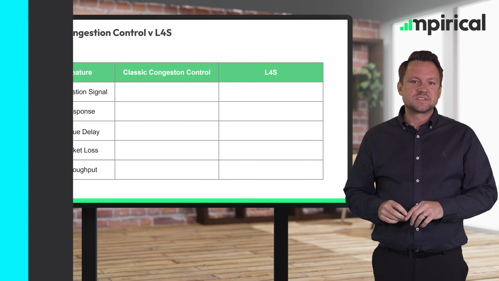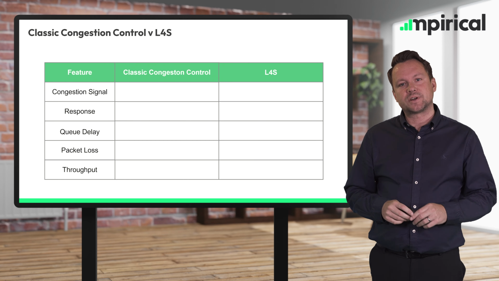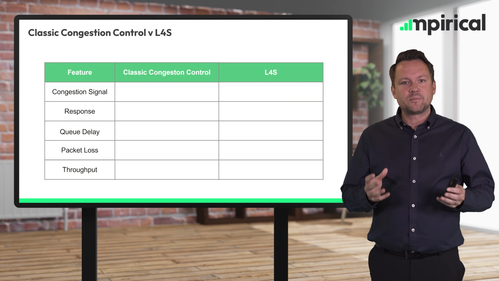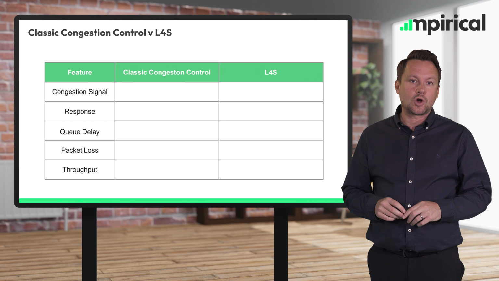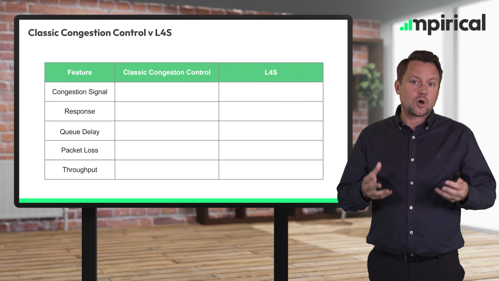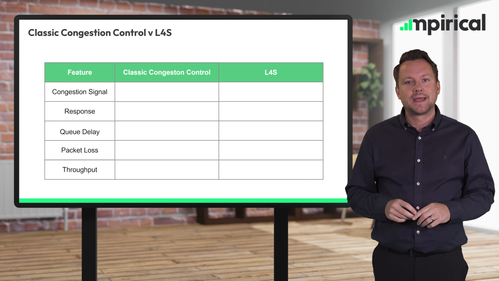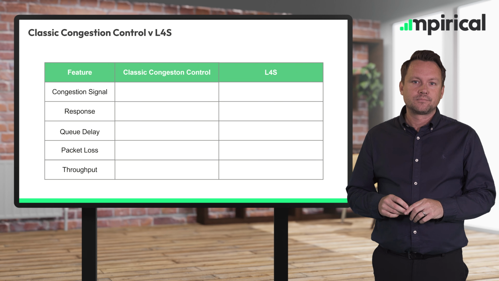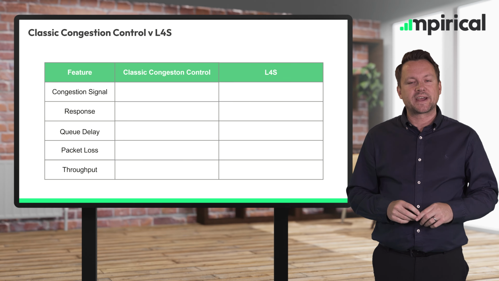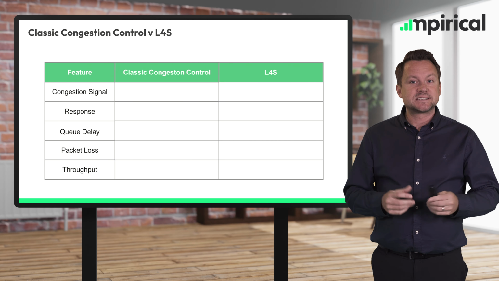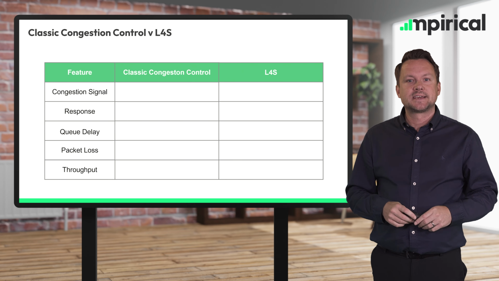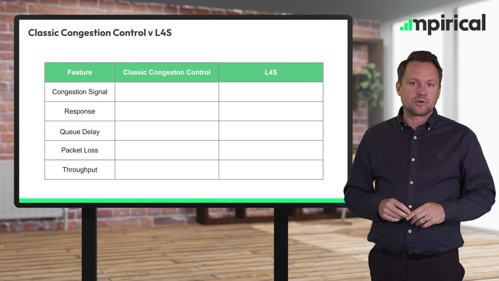Congestion control mechanisms in networks seek to regulate data transmission and ensure that bandwidth is being used efficiently. Now, we've mentioned already that one of the problems that L4S solves is the problem of queuing packets within buffers and also how we can deal with congestion in the most efficient way. Now, if we consider traditional or more classic congestion control mechanisms that we see, so things such as TCP Reno, for example, the way that they work in a general sense is that they rely on packet loss to signal